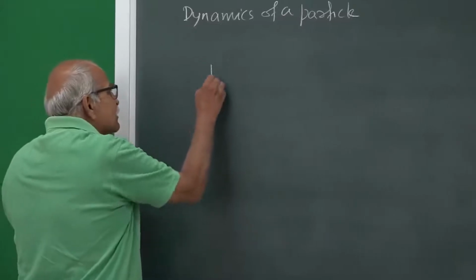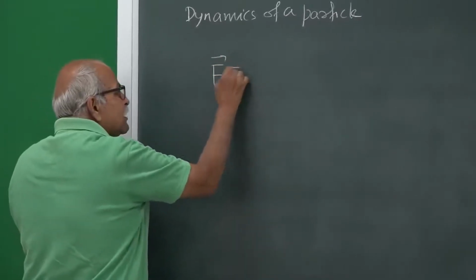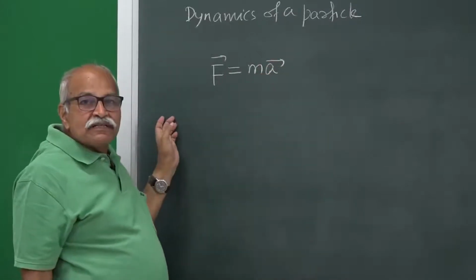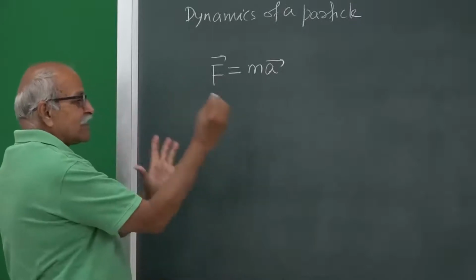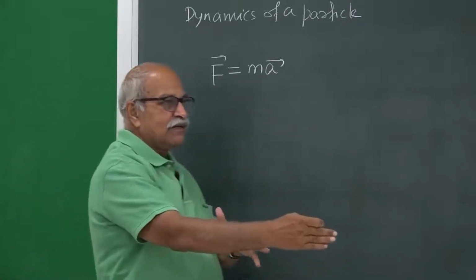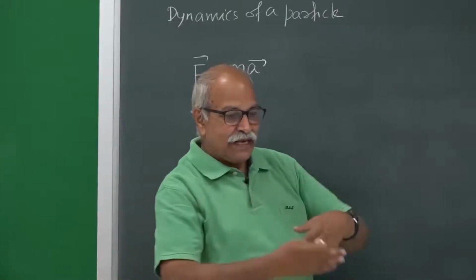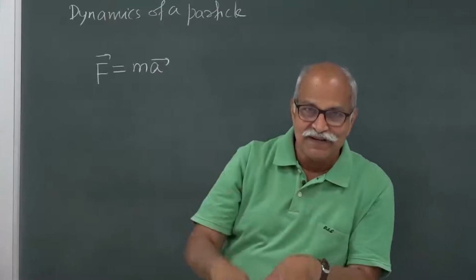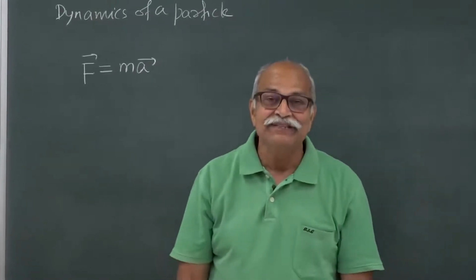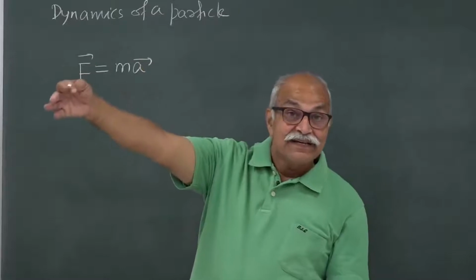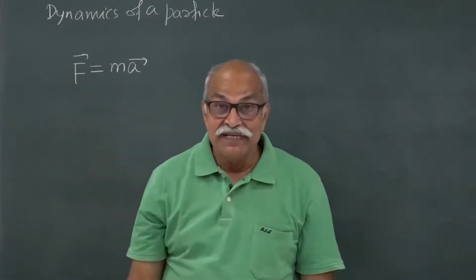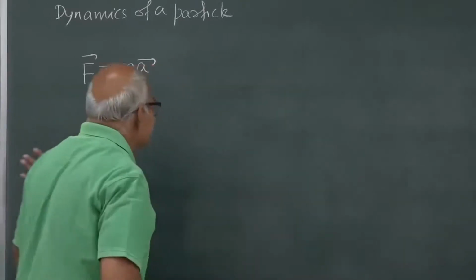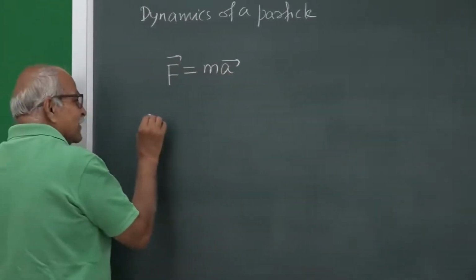So, the basic equation is very simple, force is equal to ma, and the stated problem of dynamics is that at a certain time you know the position of the particle, you know the velocity of the particle, and then as time passes you know at each instant what is the force on the particle, and then you have to predict that at a given later time where the particle will be and what will be its velocity. So, that is the problem. What is known at a certain time, which we call